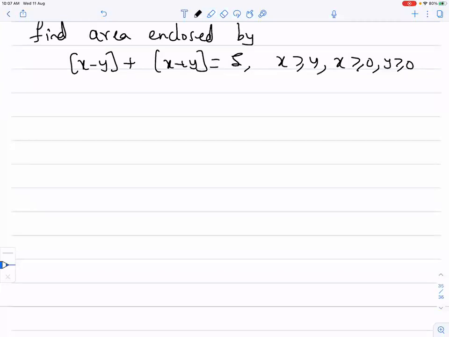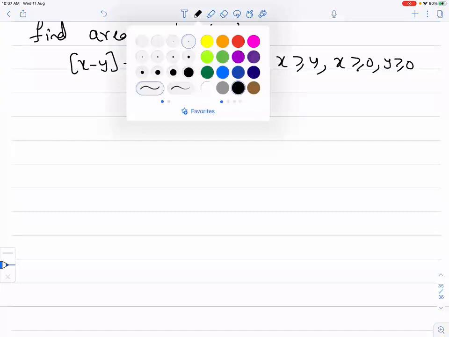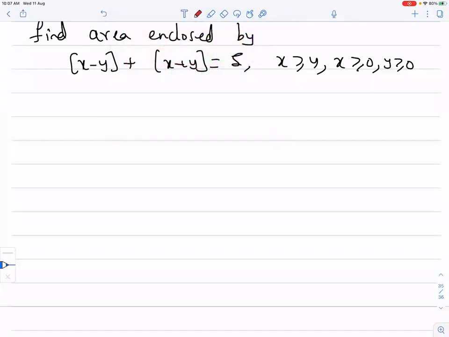How do we do it is, find area enclosed by A. See, what are the cases that we have? X is definitely greater than y. Correct? So this is going to be positive for sure. Correct? And X is positive, Y is positive. What are the cases that we have? Okay. If you look at it,